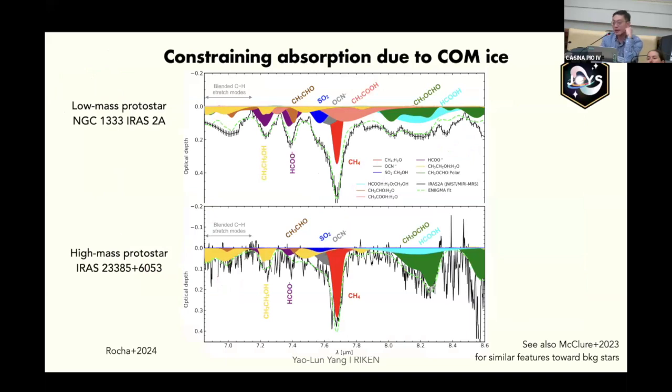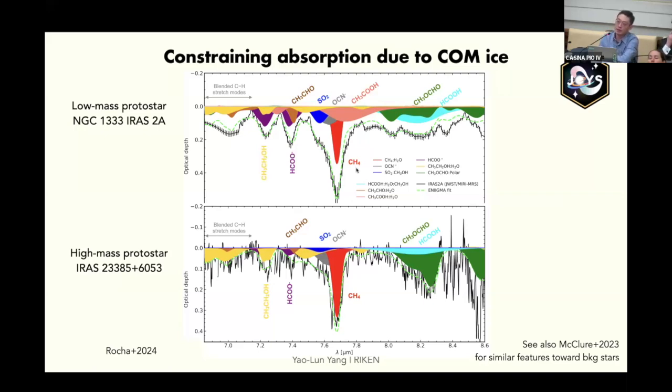And so the exciting part that JWST really enables us to do is to dig into what ice people typically call the COM fingerprint region around 7 to 8 microns. And so basically, a very complex, often blended set of absorption patterns. We recently put out a paper that really nicely summarized these absorption features in 2 protostars, where they